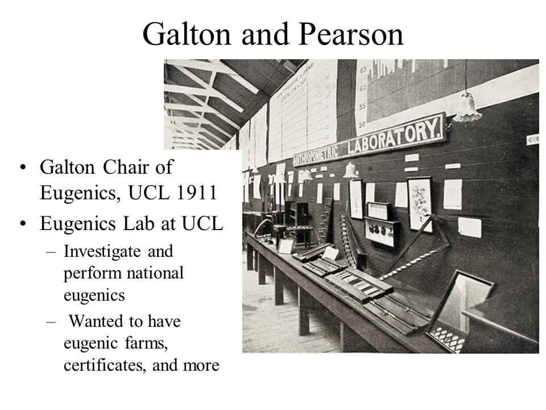One of the main problems was that it was basically the same run of people who were coming through. They were Anglo-Saxon, middle to lower middle class. It was a very homogeneous set of people, and Pearson wanted a more heterogeneous sample, because as we know in applied mathematics, the larger the sample size that you get, the more accurate your data are going to be. And like I said before, Pearson really was pushing to have eugenics farms, certificates, so that people knew who was going to be able to reproduce and who wouldn't be able to reproduce.